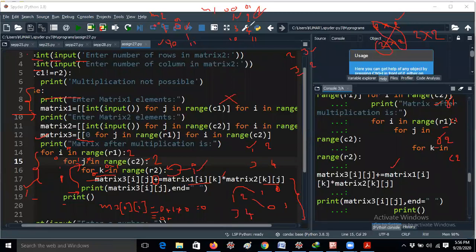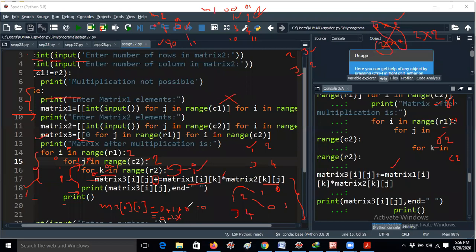Now it displays 1 into 0 plus 1 into, okay. Now m2 of kj. K value is 1, j value is 0. That means m2 of 1 0, okay. M3 of 0 0 is already printed. Okay, m3 of 0 1 I am giving next, m1 of 0, k value is 1. So m1 of 0 1 value is 2.